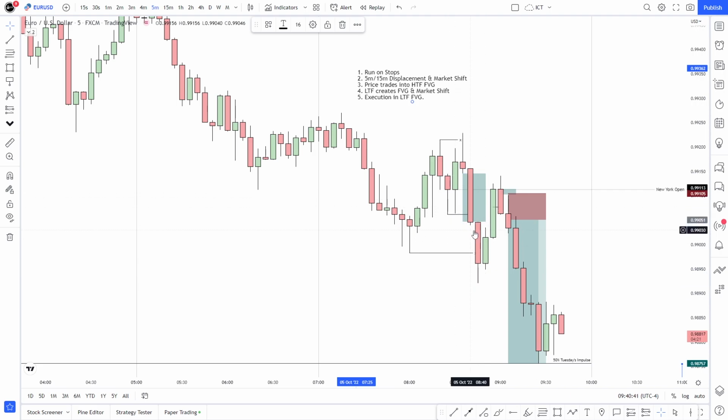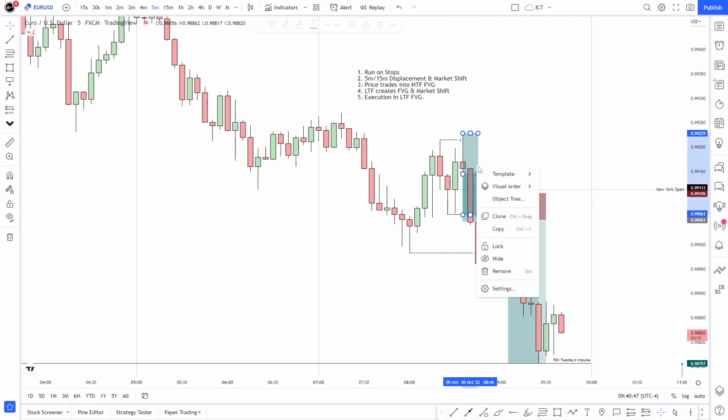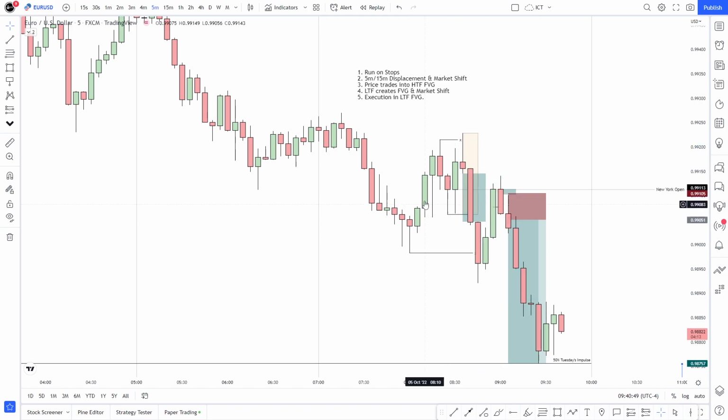Fair value gap is created later, but as you can see, it is within this margin of price action, the movement that actually causes the break of the low, that causes the market shift. That's where we're supposed to look for the fair value gap, but as you can see, that's what's mitigated. Also, price respected the 5-minute order block, which is as well the New York Open. And we also traded a bit above New York Open, which is trading on premium prices based on the New York Open, right?